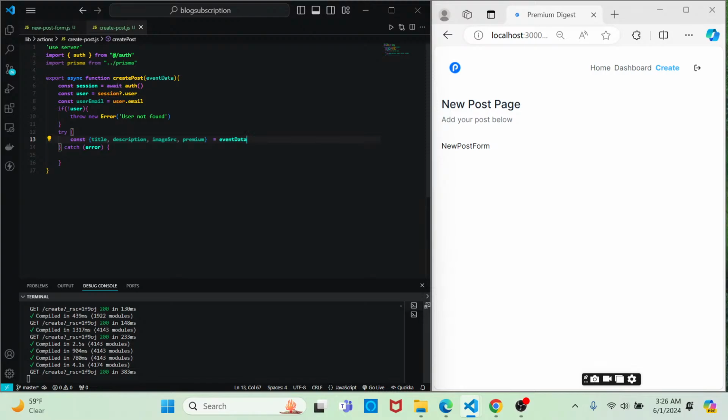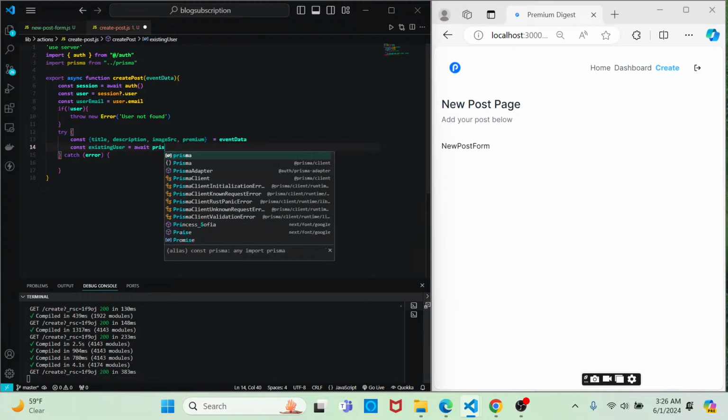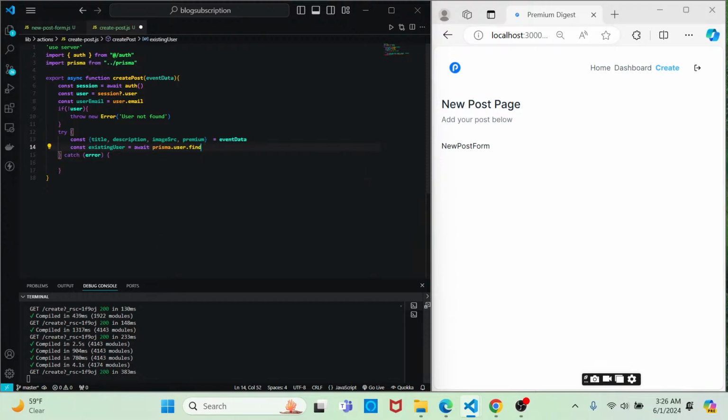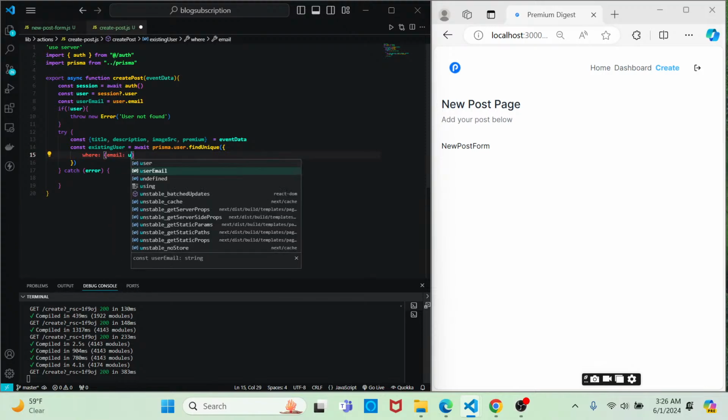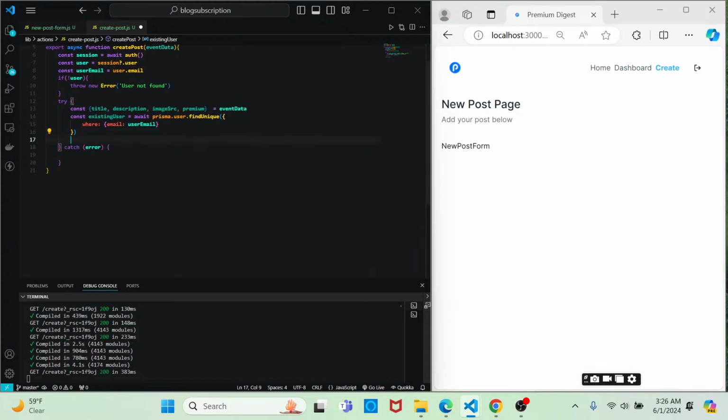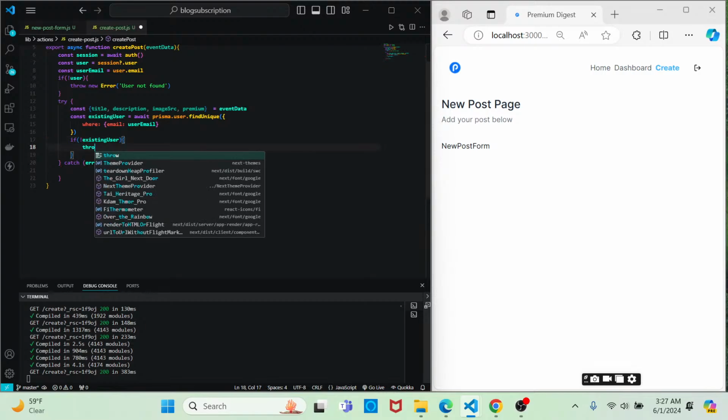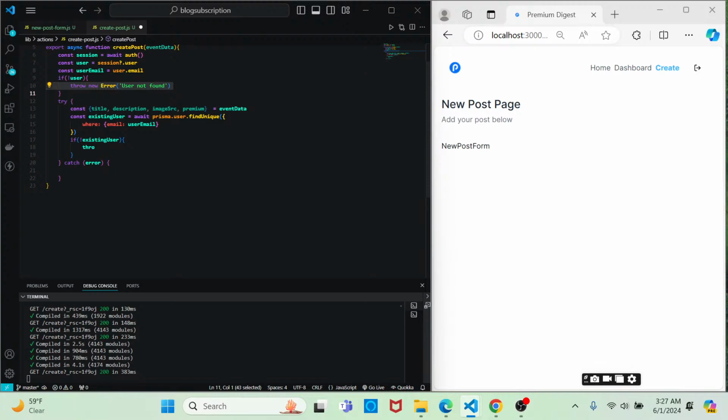And then after we've authenticated the user, we want to gain access to the event data that's being passed to create post, and we want to destructure it. And then once we've captured that data, then we want to identify the existing user, and we'll go existing user equals await prisma.user.findUnique, and then we'll say where email is equal to user email, and then we'll say if no existing user, we want to throw a new error, no user found. Just copy it,